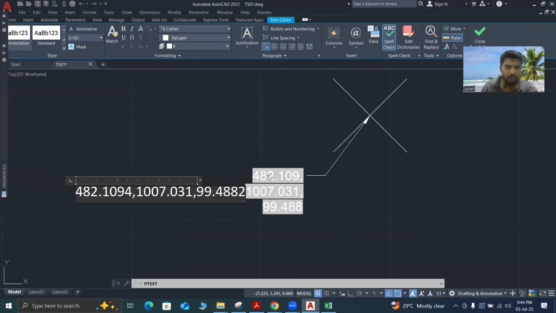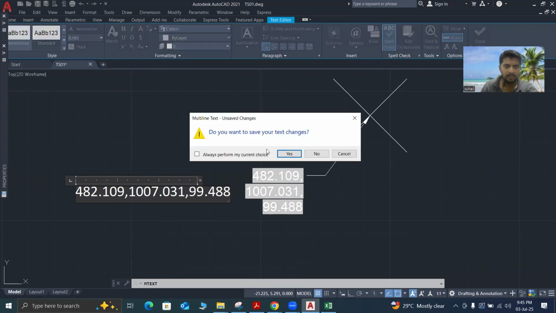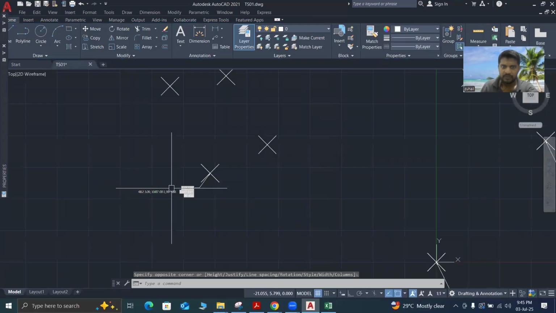These are the particular coordinates. Okay, this is the particular coordinate. These coordinates were, just wait, these coordinates were